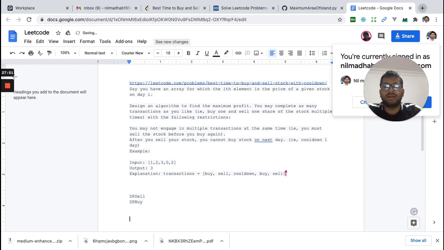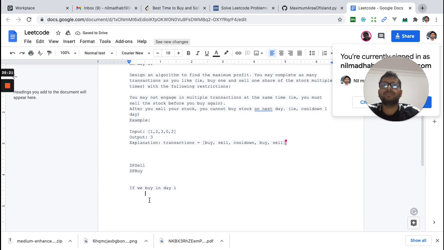So suppose we have an array, right? Suppose we have the first day, we buy on the first day. Then we can sell on the second day. We cannot buy it, right? So if we buy on day I, then our answer will be like